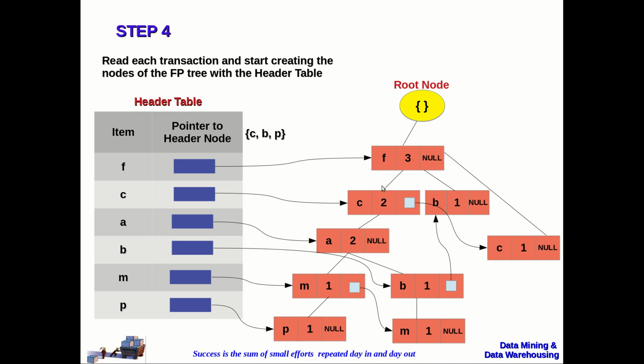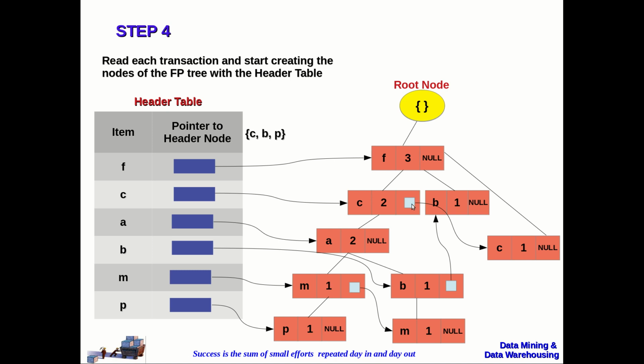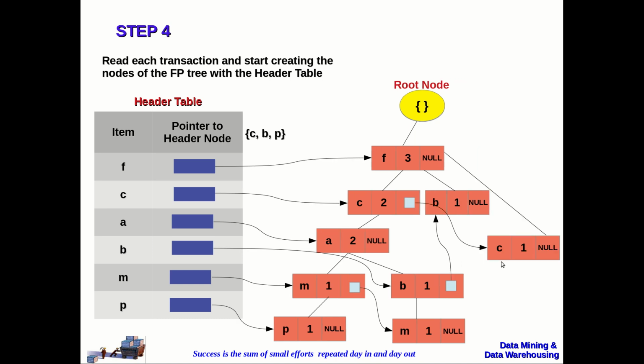The C is the first node created from the root node. So this line is actually coming from the root node. So the root node is connected to C. And this C is actually the second C created. So this is actually having a null value. Now we are going to remove this null value and create a pointer which will be pointing to this particular node. All the others are maintained as they are.